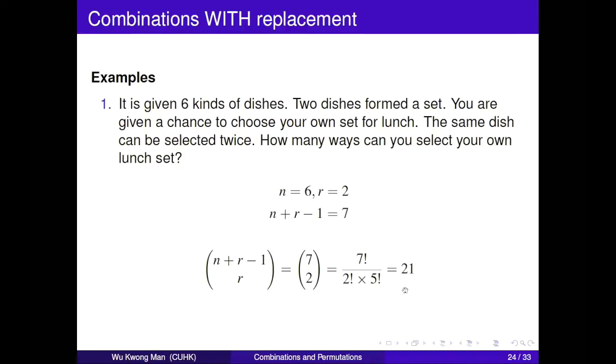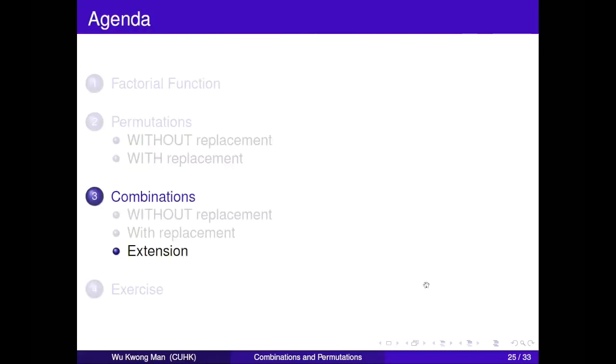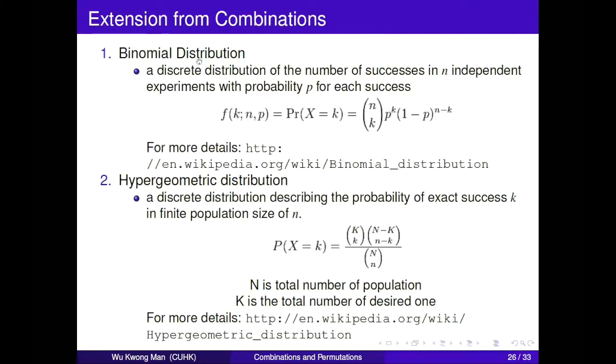Combinations are used widely, and 2 extensions are stated here. 2 common distributions, the binomial distribution and the hypergeometric distribution, consist of the combination formula too. Both of them are discrete distributions, calculating the probability of successes in n independent cases. For the binomial distribution, nCr is used to find all possible outcomes of success cases in n experiments, while the probabilities of the number of successes in finite n experiments are calculated in the hypergeometric distribution. For more details, please refer to the specific links.